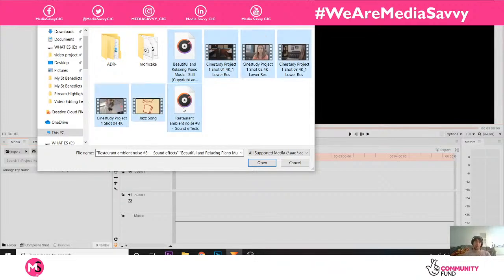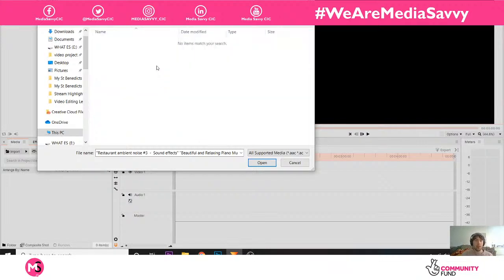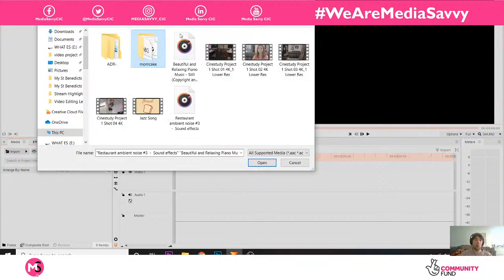If you're doing this for the first time, it might be wise to install the font first. So what I'd do is double click on the font in there, Mom Cake. It's not recognizing the file type, but if you open it beforehand and then install it, it should just naturally go in here. It's the same with any fonts. If you've done a little bit of Photoshop, you might have downloaded fonts before, but you can install it and it just appears on the list of fonts there.